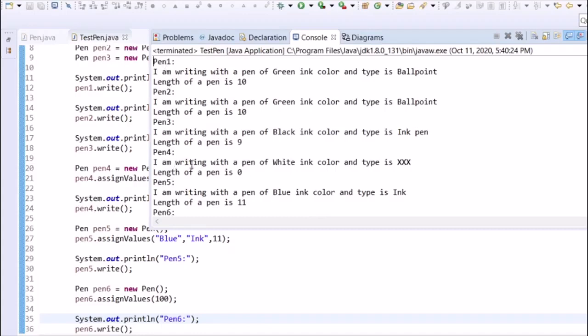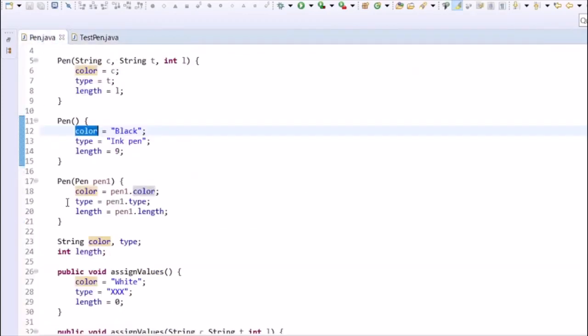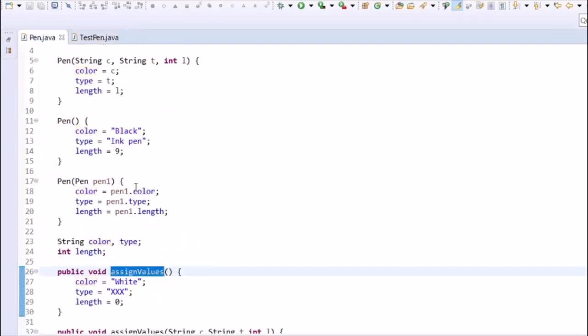So pen P4 is white ink, type is XXX, and length is 0. Length of a pen is 0 for pen P4.